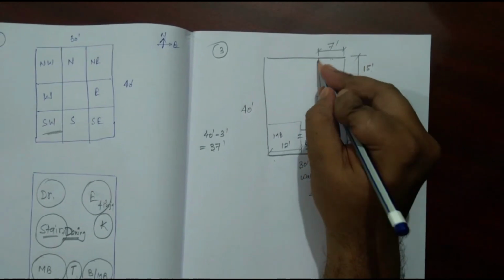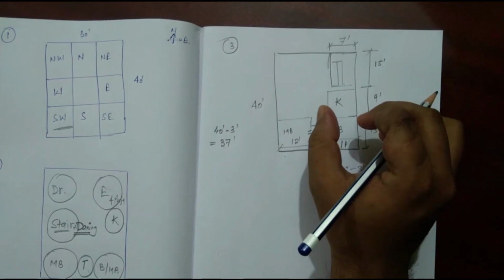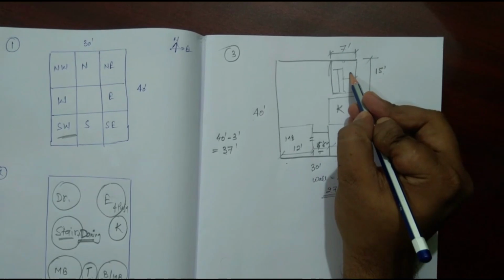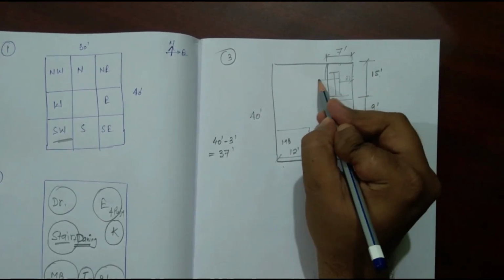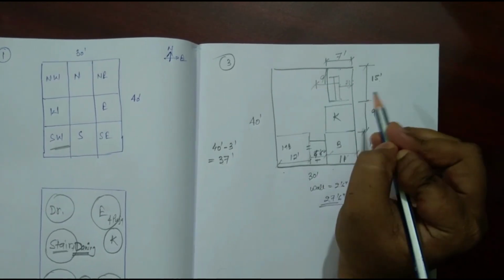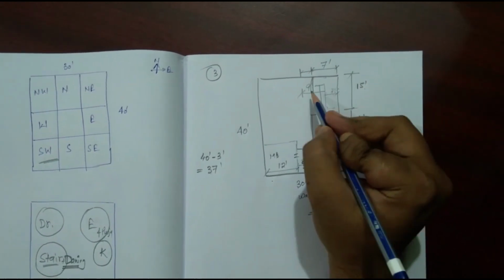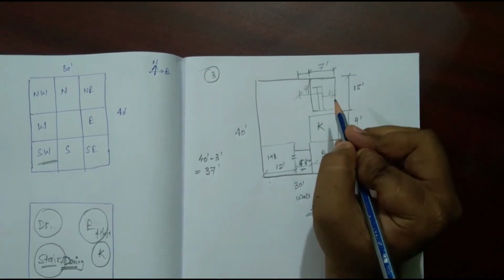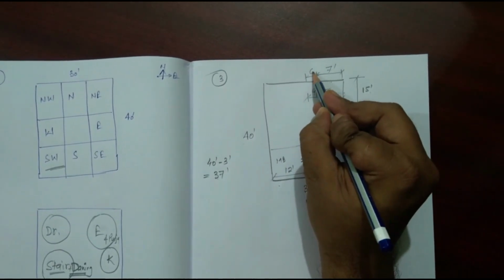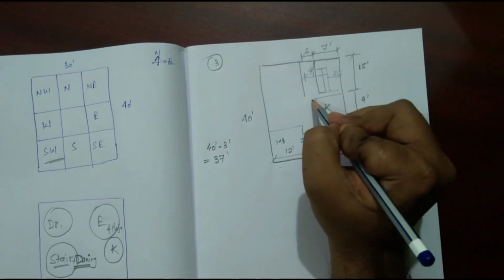It is the minimum distance, and if it is 7 feet, then if we park a vehicle, that is a sedan, it is of 6 or 7 feet width. We have to leave 3 feet from there, and here let's keep 9 feet for the vehicle. The total will be around 12 feet. So 12 and a half feet, 3 and a half plus 9, 12 and a half. So 7 is already provided, and for the remaining 6, let us take 13. 7 plus 6, 13. So 13 feet has been covered in the portico.